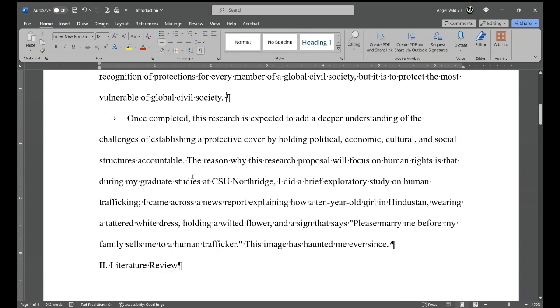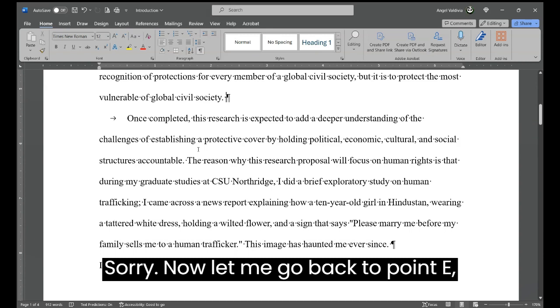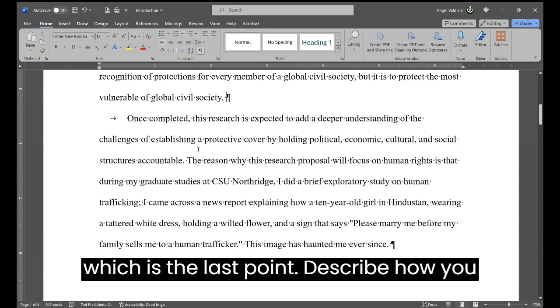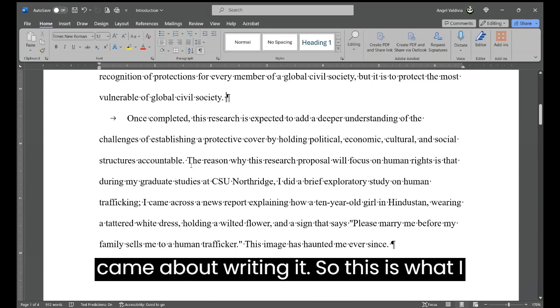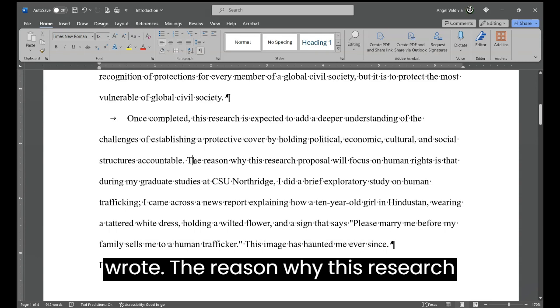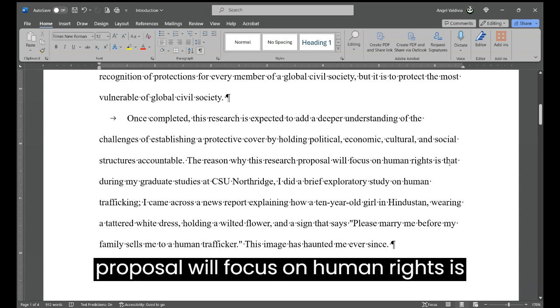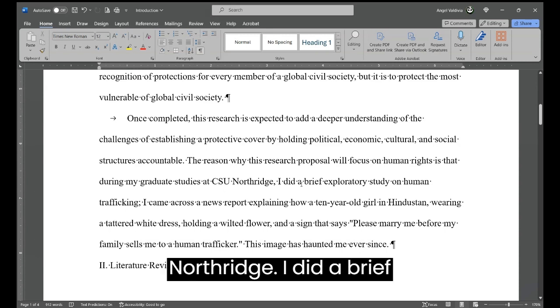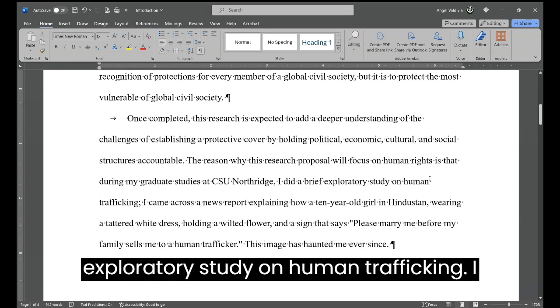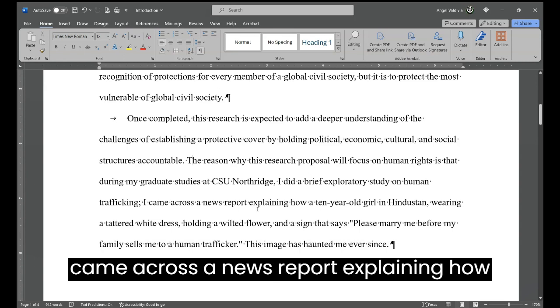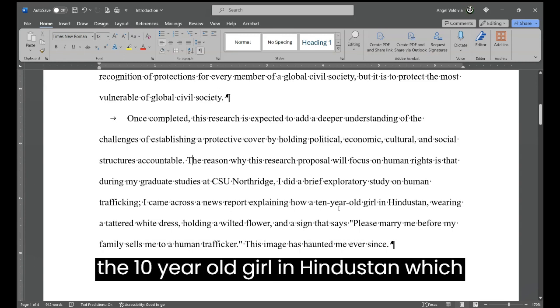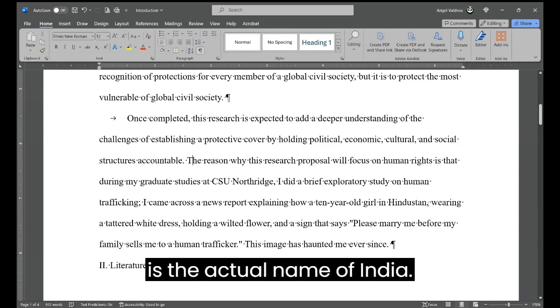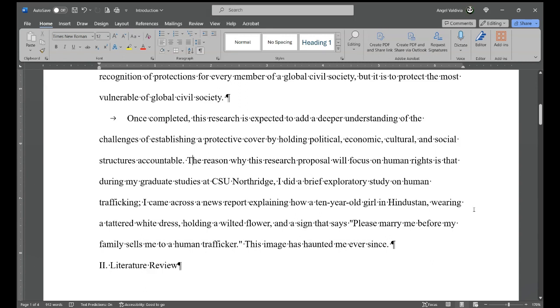Sorry. Now let me go back to point E, which is the last point. Describe how you came about writing it. So this is what I wrote. The reason why this research proposal will focus on human rights is that during my graduate studies at Northridge, I did a brief exploratory study on human trafficking. I came across a news report explaining how a 10-year-old girl in Hindustan, which is the actual name of India,